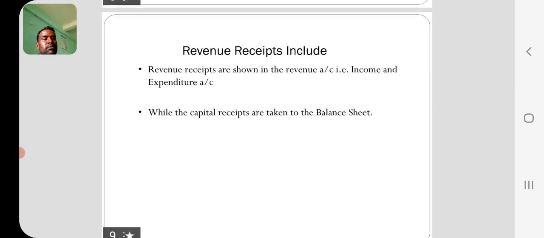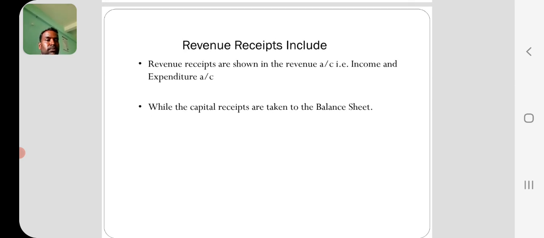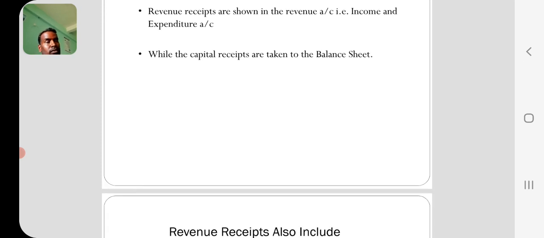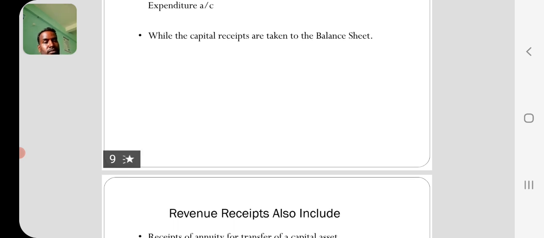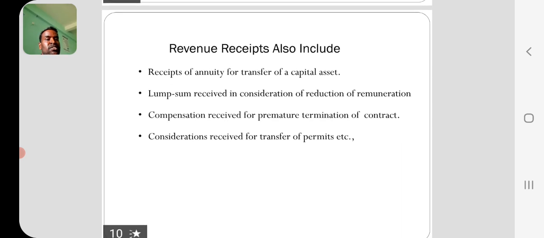Revenue receipts are shown in the revenue account, that is, the income and expenditure account, while the capital receipts are taken to the balance sheet. Revenue receipts